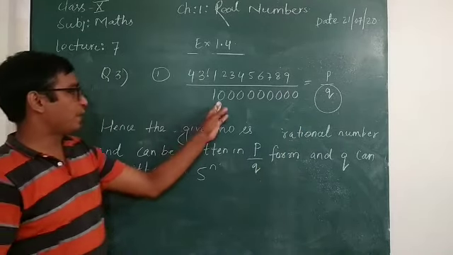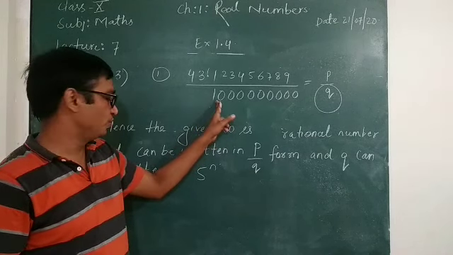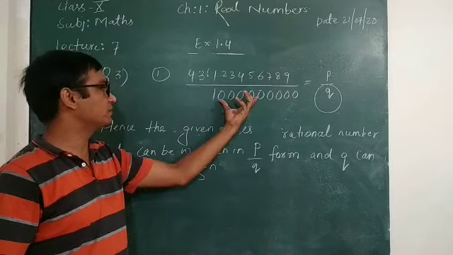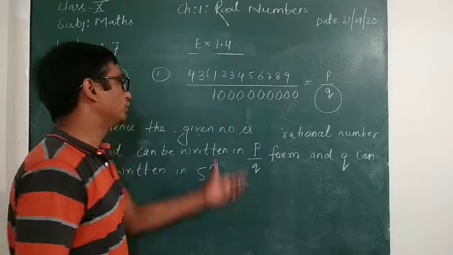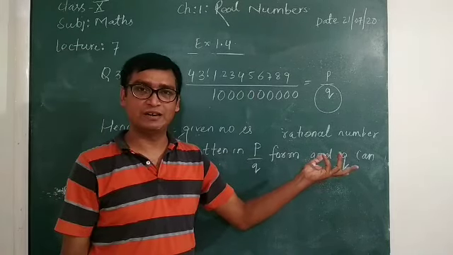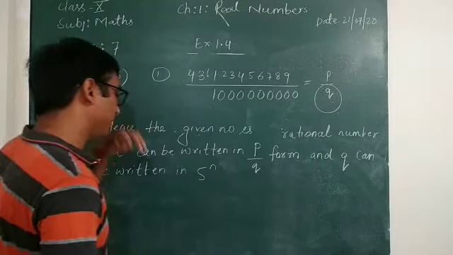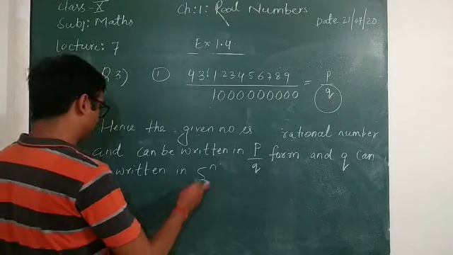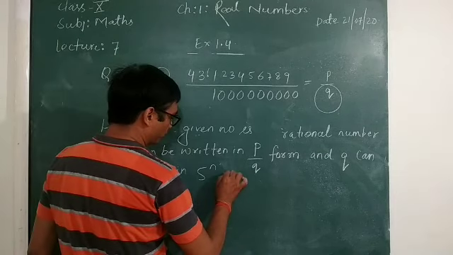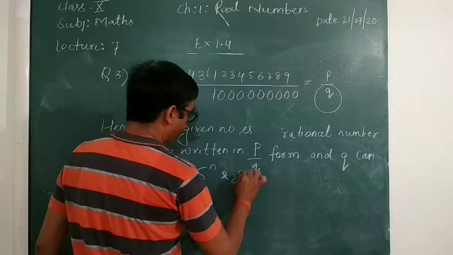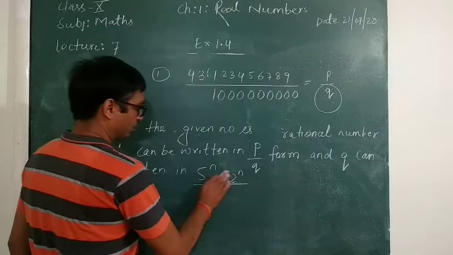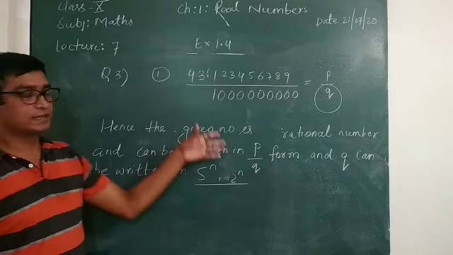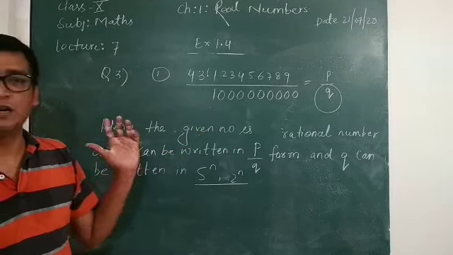So if you take the prime factors over here, you will come to know it will be in the form of 5 raised to power n, because it is multiples of 10. So 2 into 5, you will get 2 into 5. So you will get 2 raised to power n and 5 raised to power n, written in the form of 5 raised to power n and 2 raised to power n both. Okay, so this is a rational number.